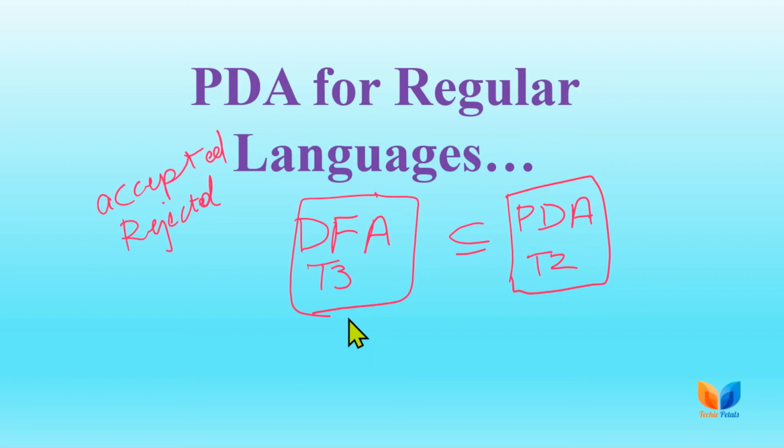Okay, so regular language can show acceptance and rejection without using any memory, but PDAs are provided with a memory, that is the stack. So PDAs are using a stack, but DFAs are working without any memory and they can easily work for regular languages. So if a DFA can show acceptance or rejection for a regular language without using any memory, a PDA can also do the same without using the stack. So for all regular languages, just construct the DFA first and then convert the DFA to the equivalent PDA format.